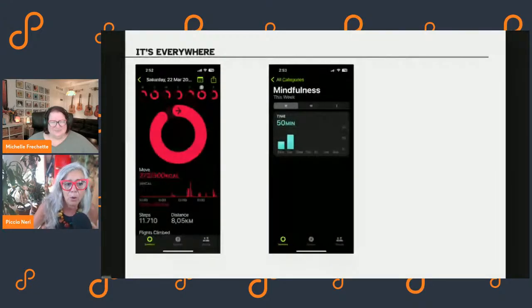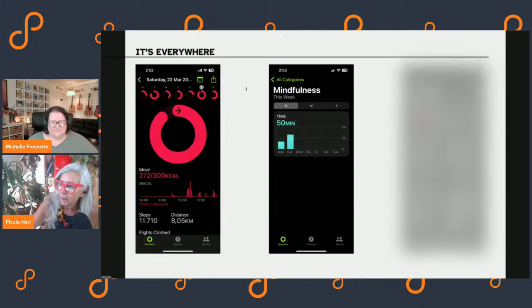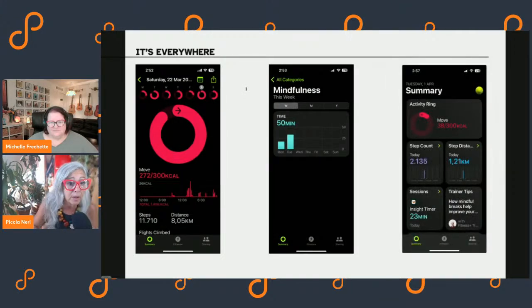And then all phones have this. There's an example of a mindfulness app from my iPhone as well on the screen. And then another one is the summary of all your activity. This is still the health app inside the iPhone. Is it the health app? No, it's the other one. Whatever. But it's all the activities that you do. It also tracks if I meditate. So it shows me data about what I've been doing all day long in a visual way.